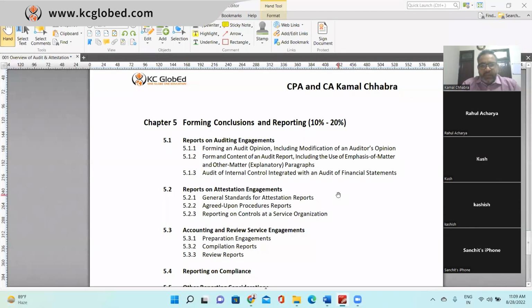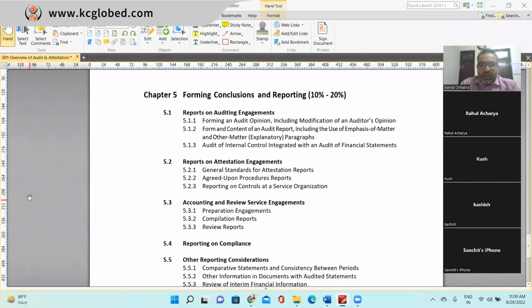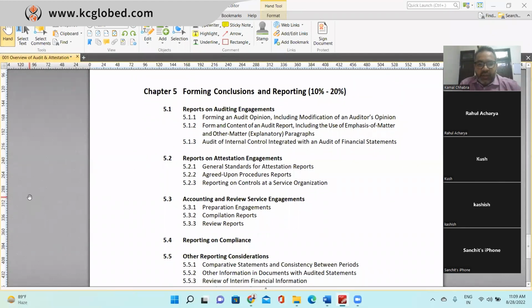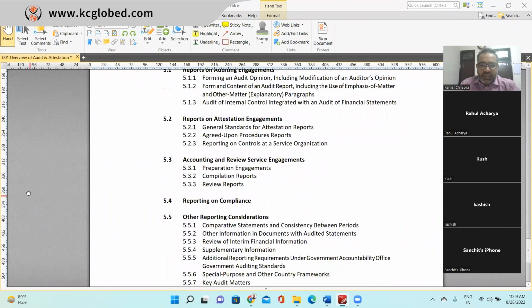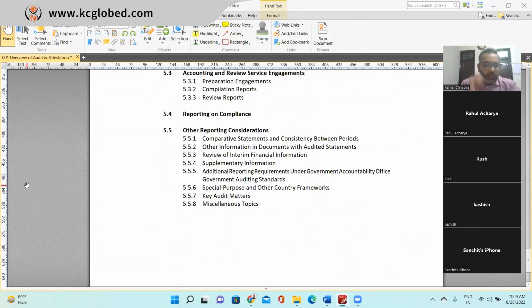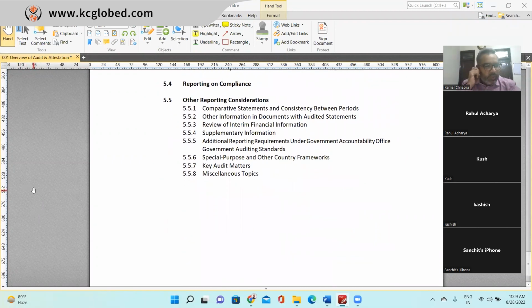So in chapter 5, forming conclusions and reporting. In the last couple of classes we have covered reporting on audit engagements, reports on attestation engagements, review engagements and compliance. Now in this last class we'll be covering other reporting considerations, in which we have comparative statements and consistency